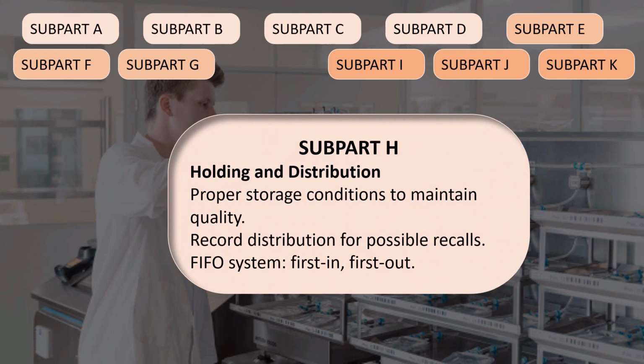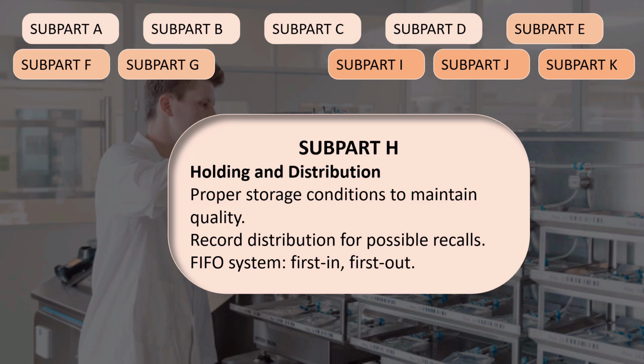Subpart H, Holding and Distribution. Subpart H of 21 CFR 211 contains rules and regulations for the distribution and holding of drug products. The regulations in this section ensure that drug products are safe and effective during holding and storing of the products. The general guidelines include: